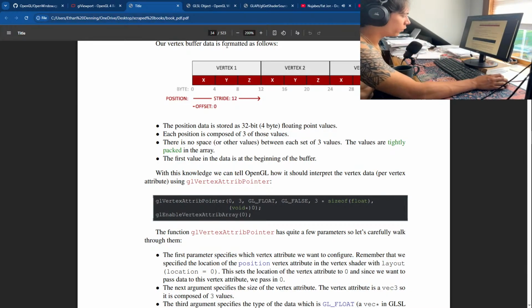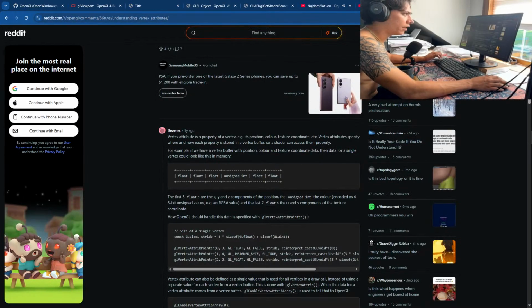In my case, the way that I'm describing my triangles is three vertices. Each vertex is going to have its own respective attributes. But in my case, the only attributes that I want to really assign these vertices is its X, Y, and Z position data. But as this person on Reddit said,